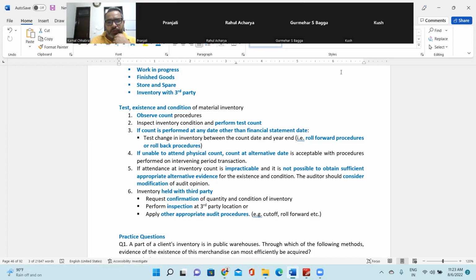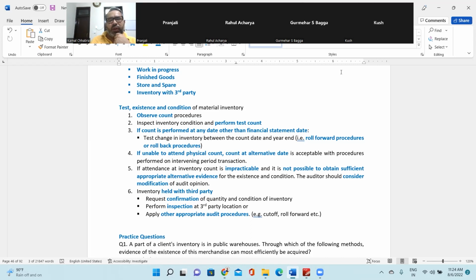If the count is performed at any date other than the financial statement date, what additional things do you need to do? First is to test the change in inventory between the count date and year end date. I think in the last class we discussed the roll forward procedure or rollback procedure, right?